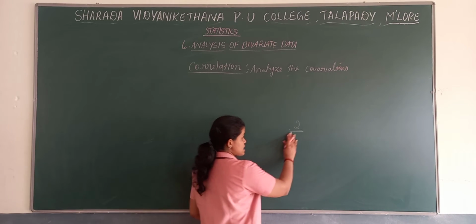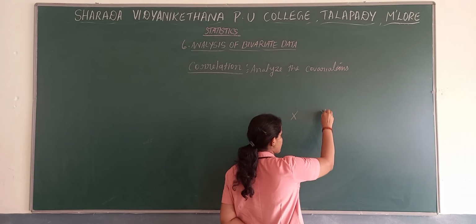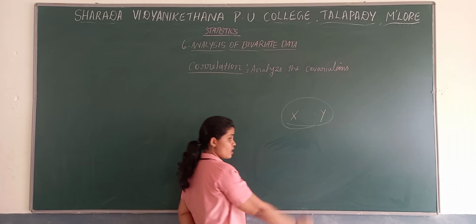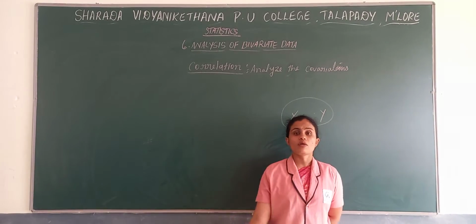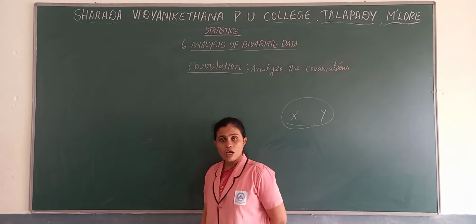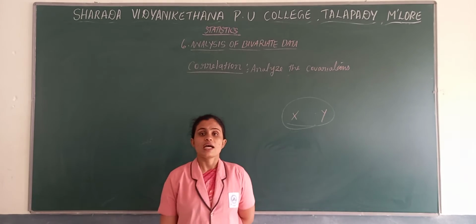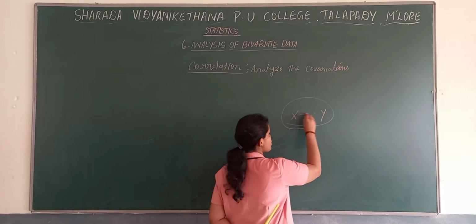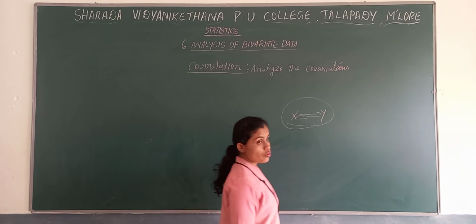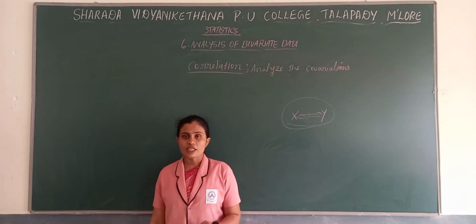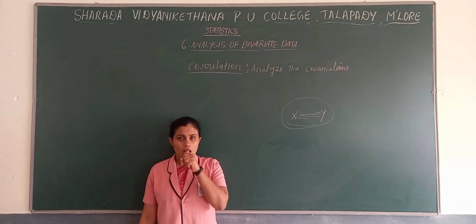As I said, when we have two variables, we can call them variable 1 and variable 2, that is x and y. It's not necessarily two, here we are discussing more than one variable. But when we talk about bivariate data, it's important to study the relationship between these two variables. So what is the relationship between these two variables? Here mainly we are studying the correlation and regression analysis of these two variables.